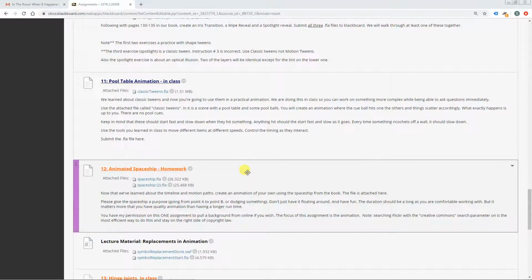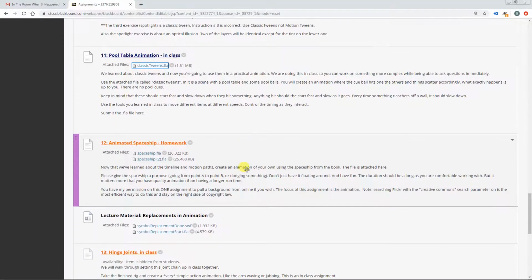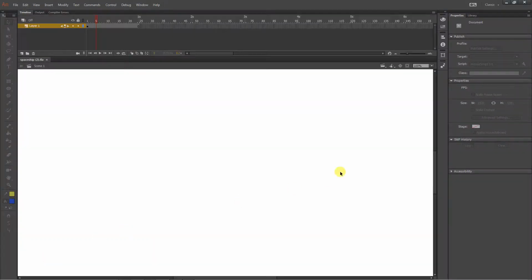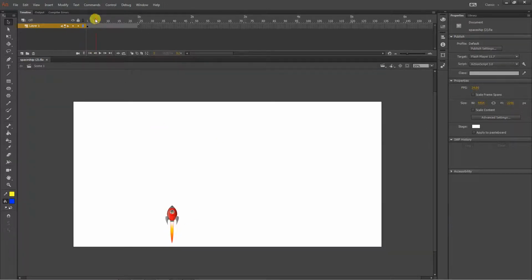All right, so our motion tweening homework for this week is an animated spaceship. Depending on what semester you're watching this, there might be multiple spaceship files. You want the one where it's not rocking back and forth on its own. So if you zoom out, there it is. You want the one where if you play it